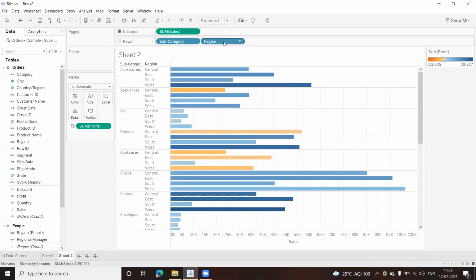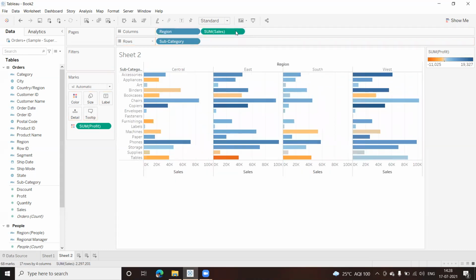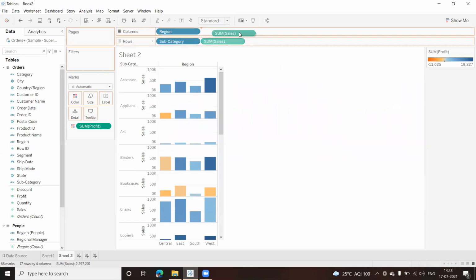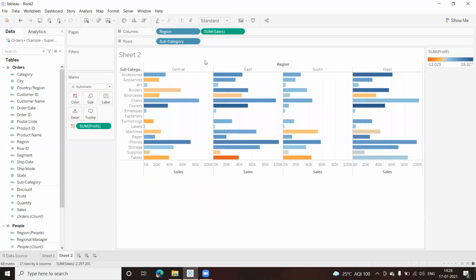Okay, this one. If I have to put it in columns, it will come like this. So whether you want to put it like this or like this, it's up to you. Here again, I get the region. I get to know which regions are making profits and which are making losses. Because this is divided into different regions, I'm getting the profit and the sales values. Okay, now like this, it becomes difficult because it is not sorted.